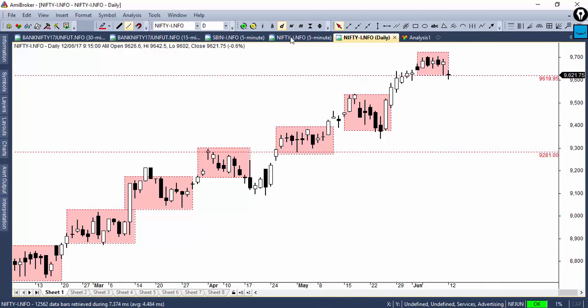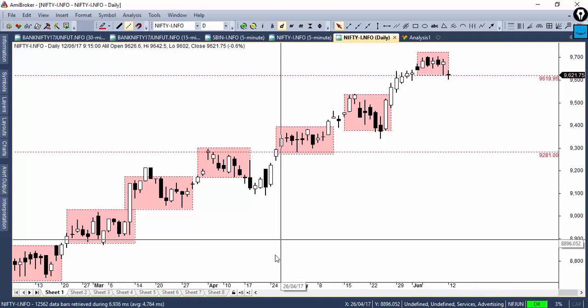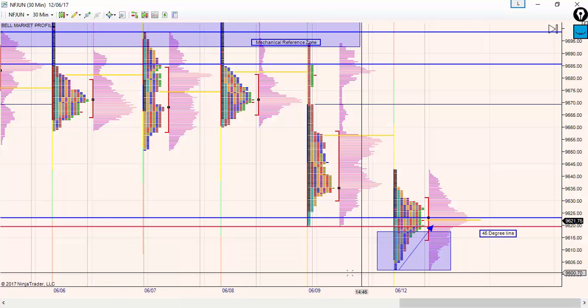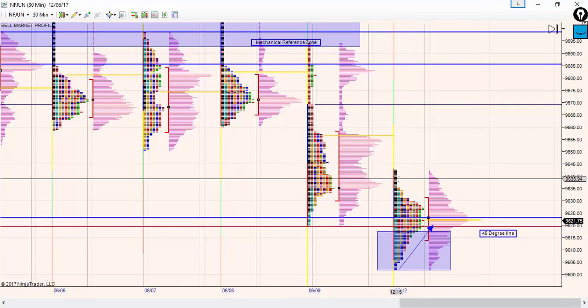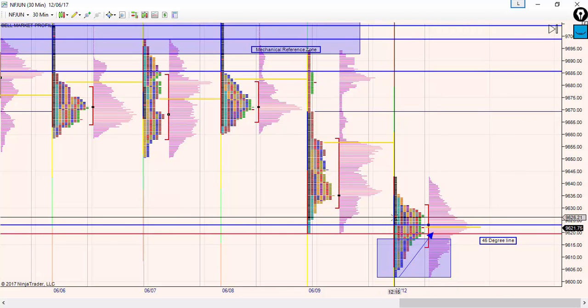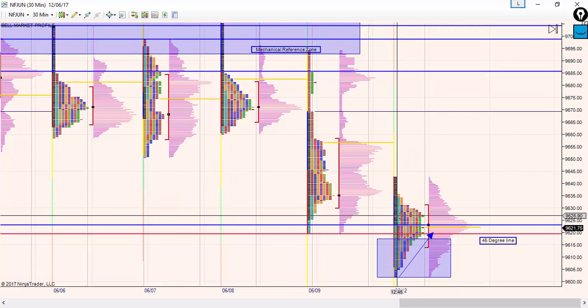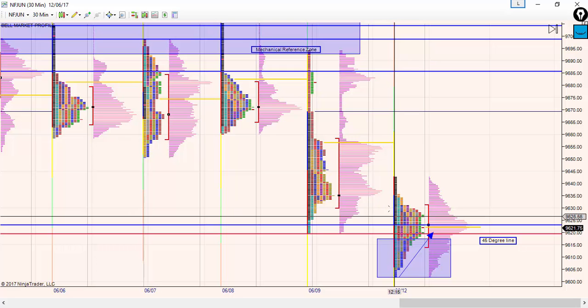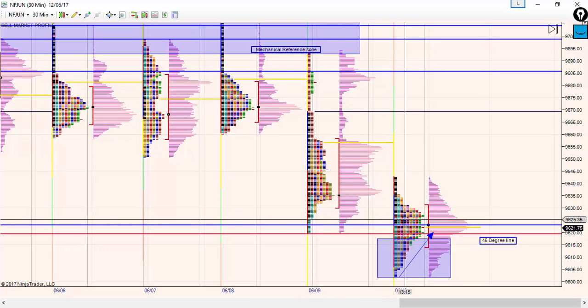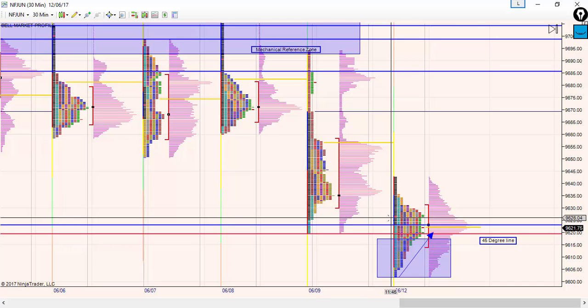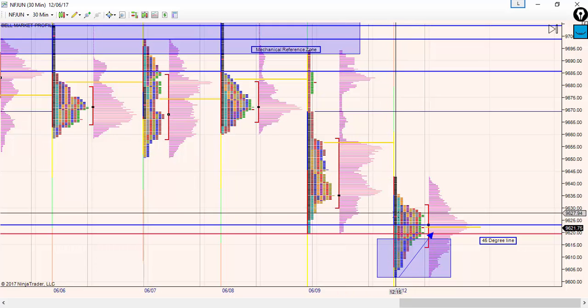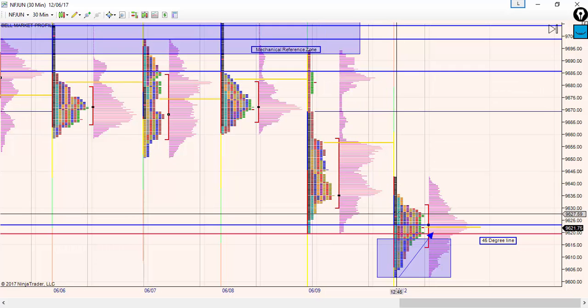Let's get into the profile and look a little bit deeper. From the profile front, we are on yesterday's profile. We opened within the range, very close to Friday's low. Price opened lower by 50 points. It's not a gap down. We use the term gap especially when the price opens above the range or below the range, but here price opened within the range, 50 points lower.